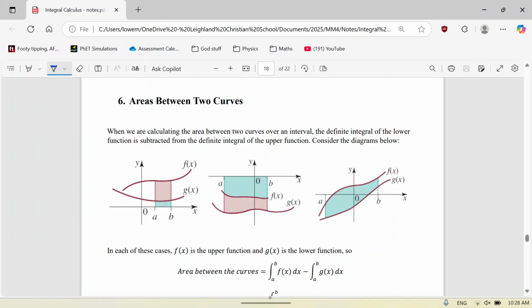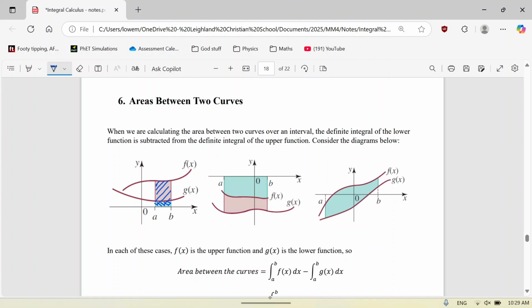integral between two particular x values, say between a and b, for a particular curve, so for f of x, for example, that will give you the total area beneath the curve and up until we get to the x-axis. Okay. If we do the same thing for g of x, then that will give us this green shaded area that we see here. So if we're wanting to find the area between f of x and g of x,